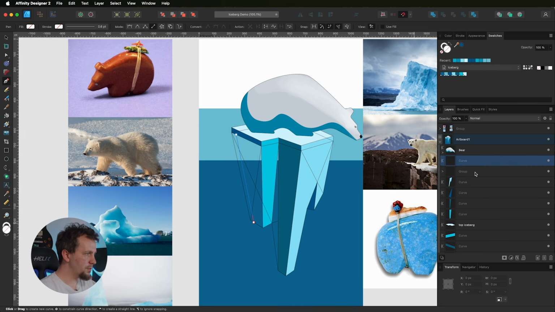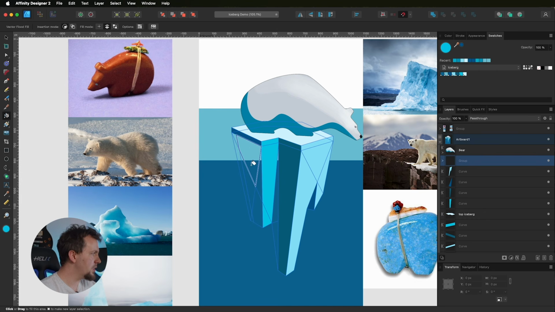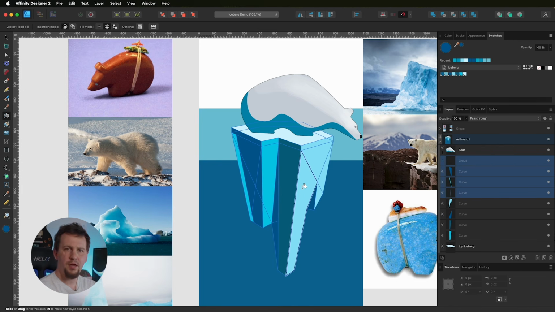All right, let's add that curve to the group. Make sure the group is active. Go back to the vector flood fill tool here, and we're going to make all of this stuff quite dark. So I'm going to select that dark blue and just paint over all of those. And then I'm going to use that lighter blue and just drag across those guys right there. And then for this part right here, I'm going to go ahead and use that really, really dark color as well. Now that we've done that, we've got a little bit more form and kind of three-dimensionality in this iceberg,